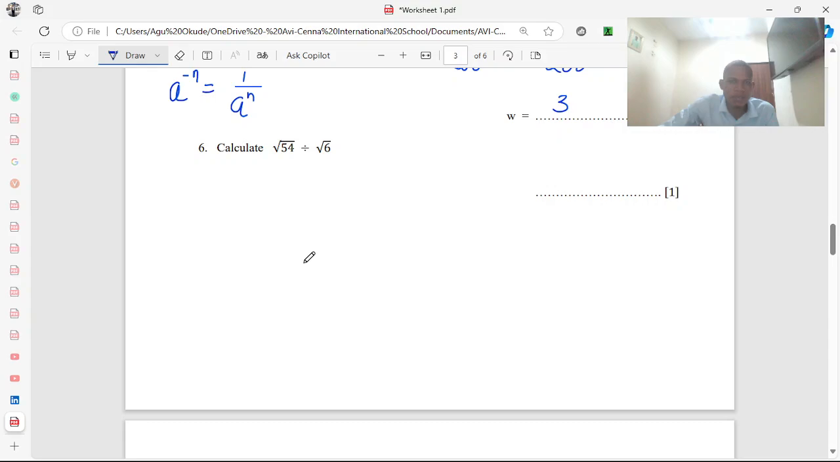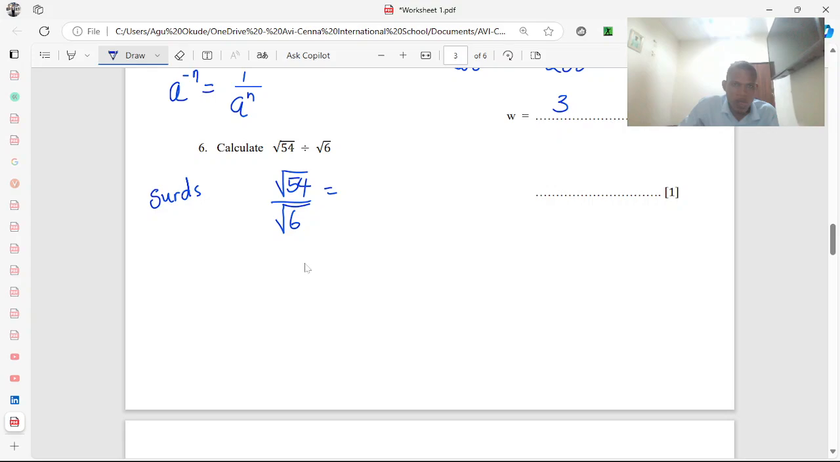Number 6. What I have here is a division. So now these numbers are surds. You are dividing two surds. So I have square root of 54, sorry, and you are dividing that by square root of